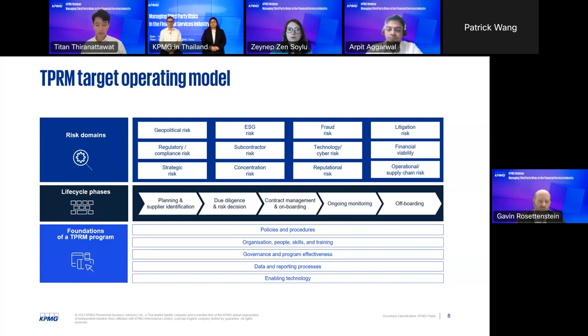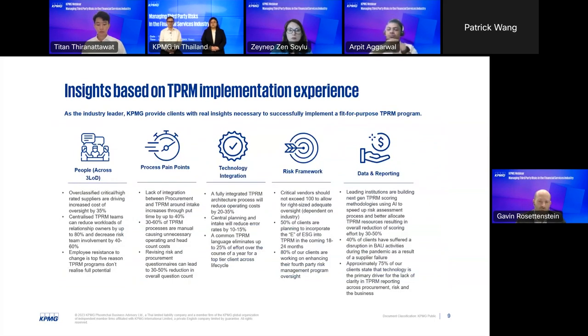So if we move over to the next slide, just talking around a few examples, and I won't go through all of these, a couple of examples as we've worked our way through and support organizations on their uplift of their TPRM programs, and some of the implementation challenges that we've seen in place, or opportunities as well, that organizations are facing. So you can see, as it relates to people, I mentioned briefly before around centralization of certain TPRM teams can significantly reduce workloads of those across the organization. And it's important to understand where centralization of certain components works and where others may not. And it is a business decision to understand as to how you do that. But we are seeing a stronger move towards centralization, and I'll come onto that in the coming pages in a few minutes.